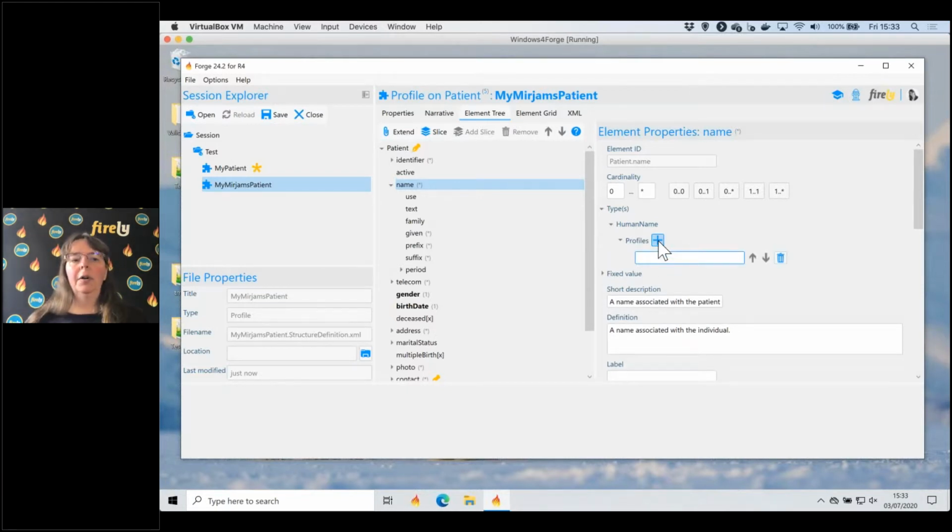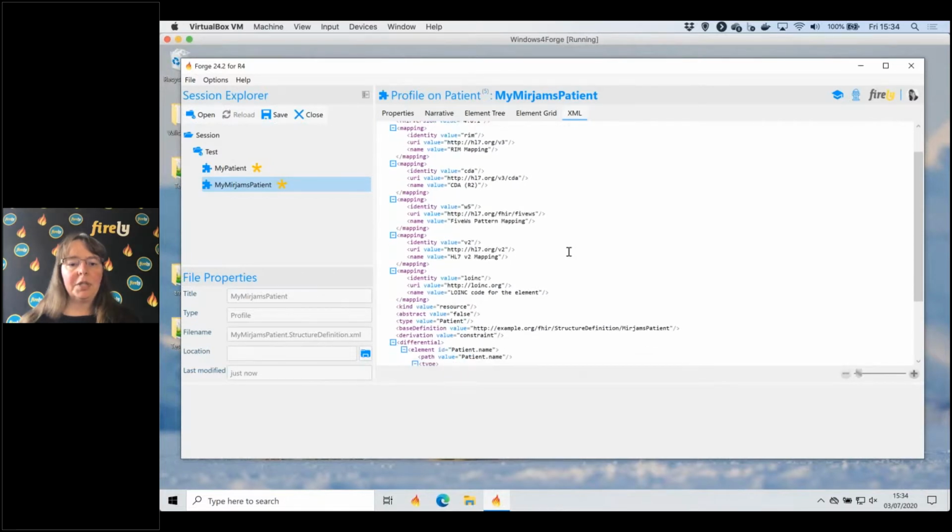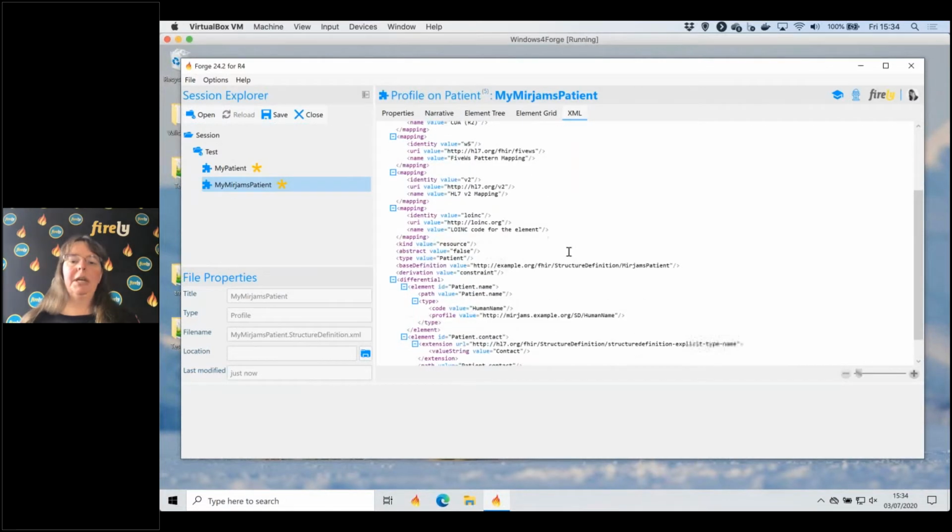You do not see in FHIR4 the current profile, which is just the normal base profile actually. But I can fill in something like my own human name. Let's just make something like this. Mirjam's example, structure definition, human name. So if I had that and I put that into this profile part here, then FHIR will generate this in the XML, and you will be able to see that in the XML as well. If you look at the differences, you can see that the profile for the human name is now set to